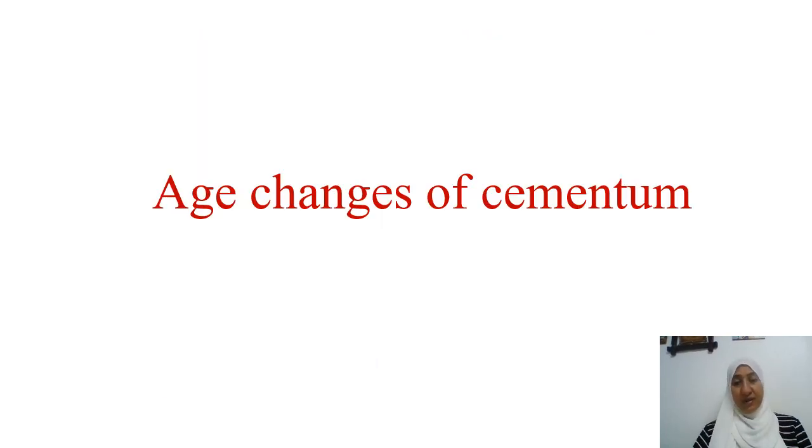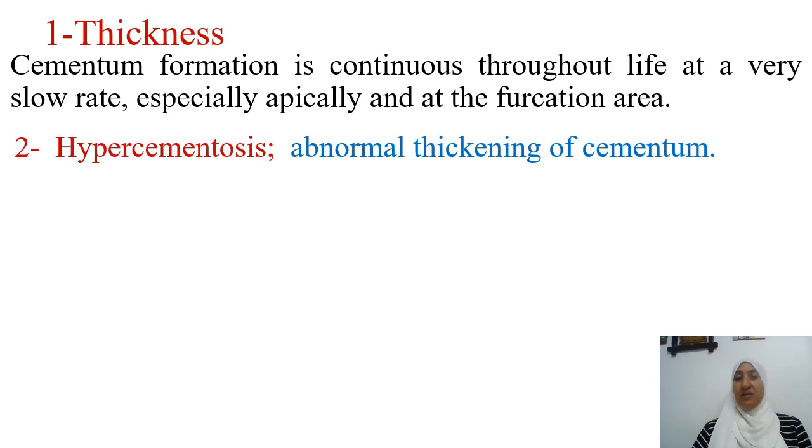Age changes of the cementum. The thickness, of course, increased by age. Why? Because we have cementoblasts that exist all of the time and form cementum all of the time. Exactly as the case of dentin, we have all of the time odontoblasts. Thus, the size of dentin increase on the expense of the size of the pulp. The pulp decrease due to formation of secondary regular dentin. Here also in the cementum we have all of the time continuous layer of cementoblasts that increase the thickness of